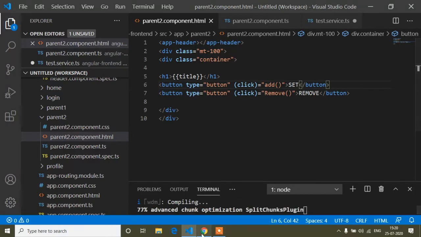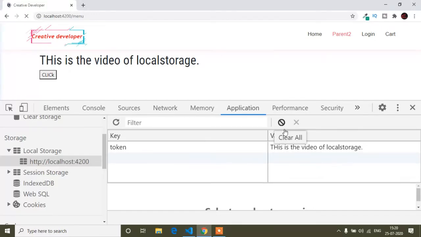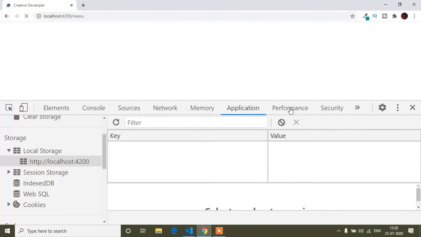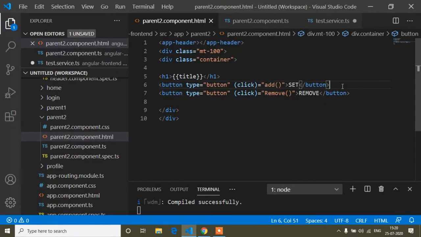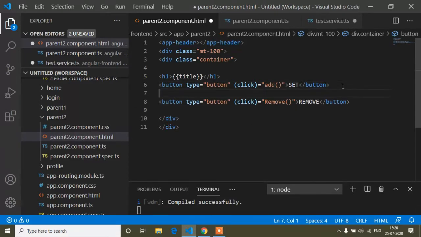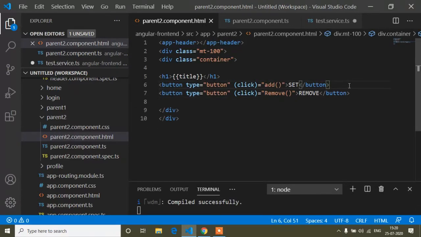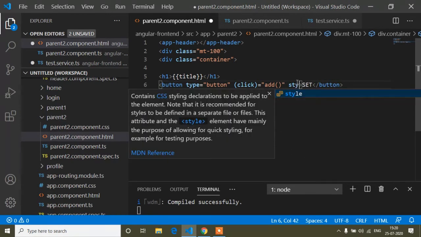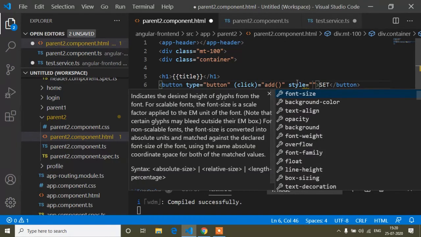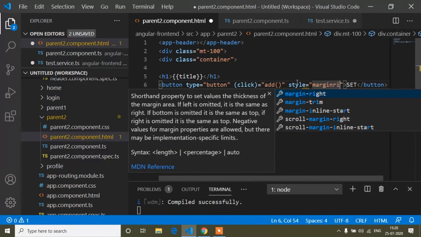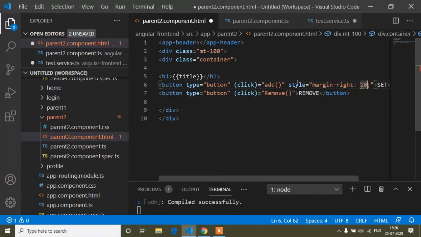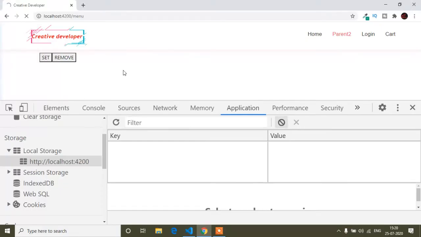Okay, so I will refresh, I mean clear our storage. First of all, here I will write a break tag. Okay, not a break tag, I will add some space. So style margin-right, this is the CSS to add some space. So margin-right 10 pixels.